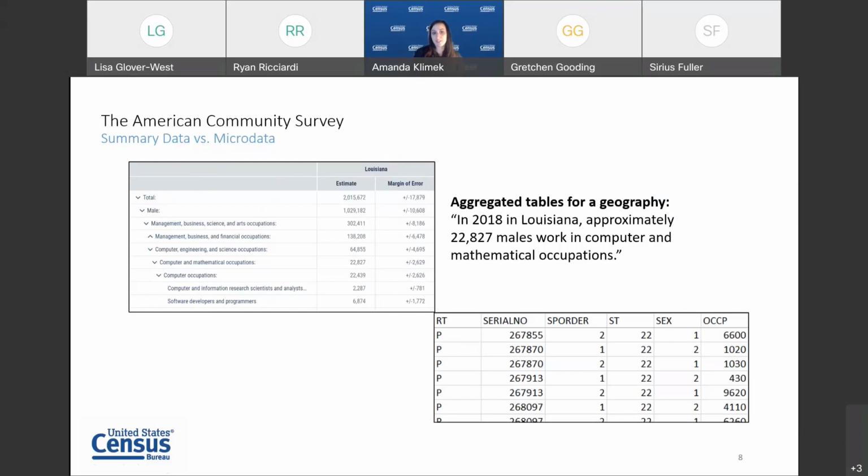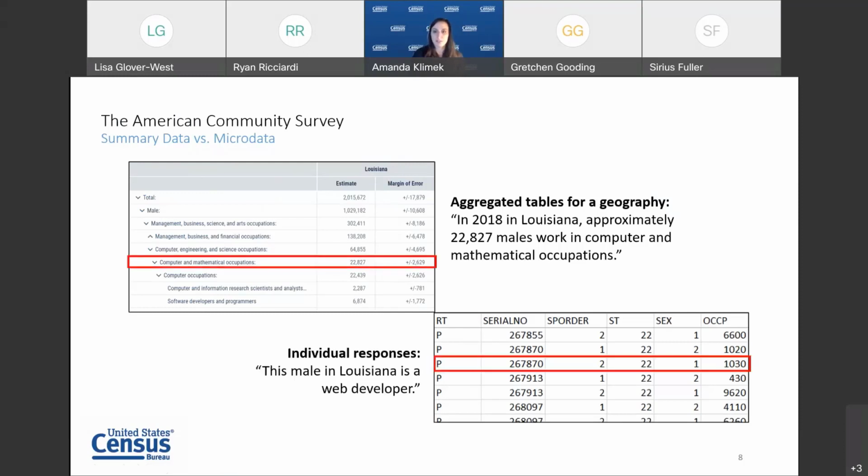For example, statisticians at the Census Bureau have taken the records of all respondents living in Louisiana who indicated that a male in their household works in a computer and mathematical occupation, grouped them together, and weighted them to create an estimate of all males in Louisiana working in this occupation category. These statisticians have also calculated and provided the margin of error for this estimate, which you see on the right.